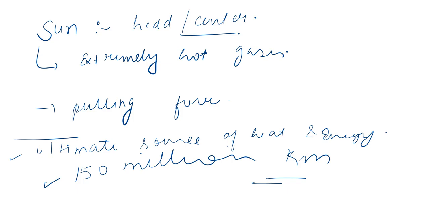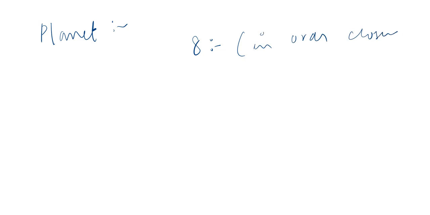The second thing which we learn in the solar system is the planets. Already we have learned the definition: it doesn't have its own heat and light. The total number of planets in our solar system is eight. In order of closeness to the sun,